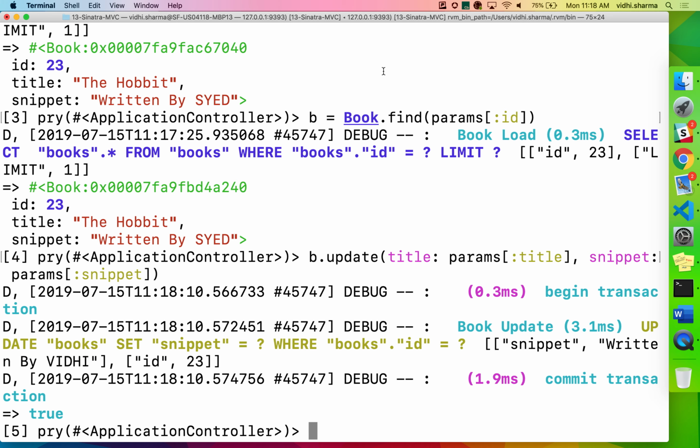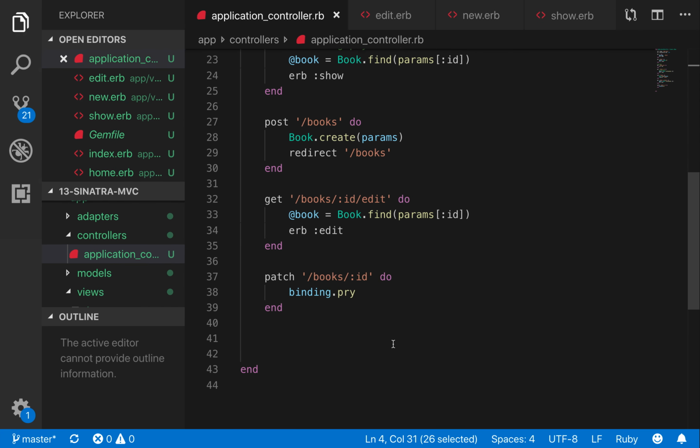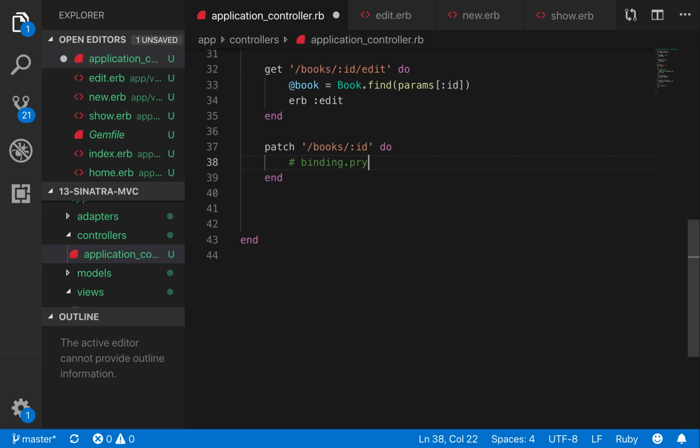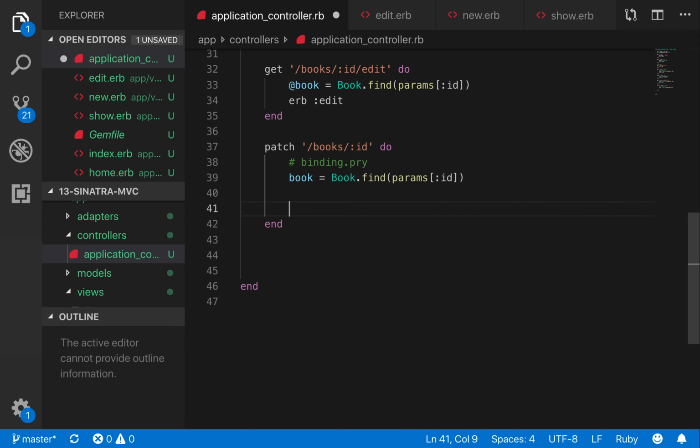So now, if I do book.find.params ID, can you see this? We have changed this. So I'm just going to use all these things in my patch. We are just doing right now this in terminal. So let's go back to our controller. We're going to write our stuff in here. So first of all, book equal book.find params ID. Once we find the book, we're going to say book dot update